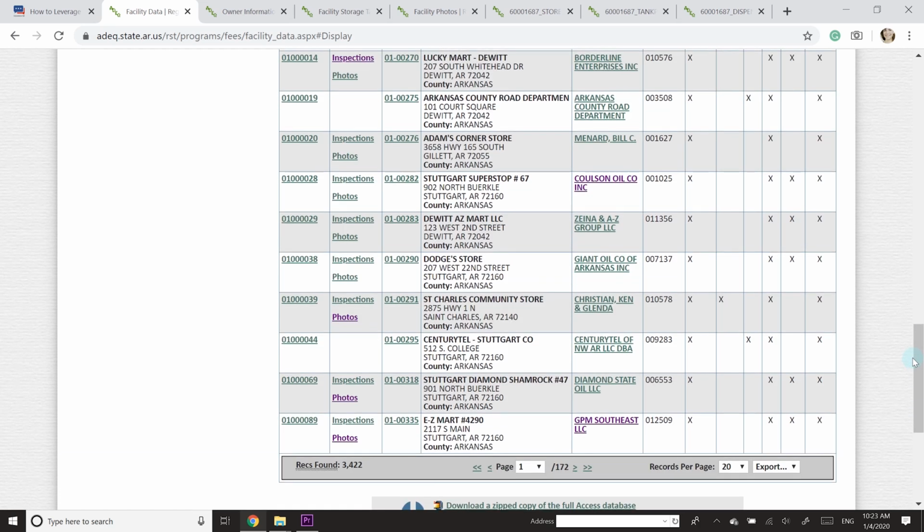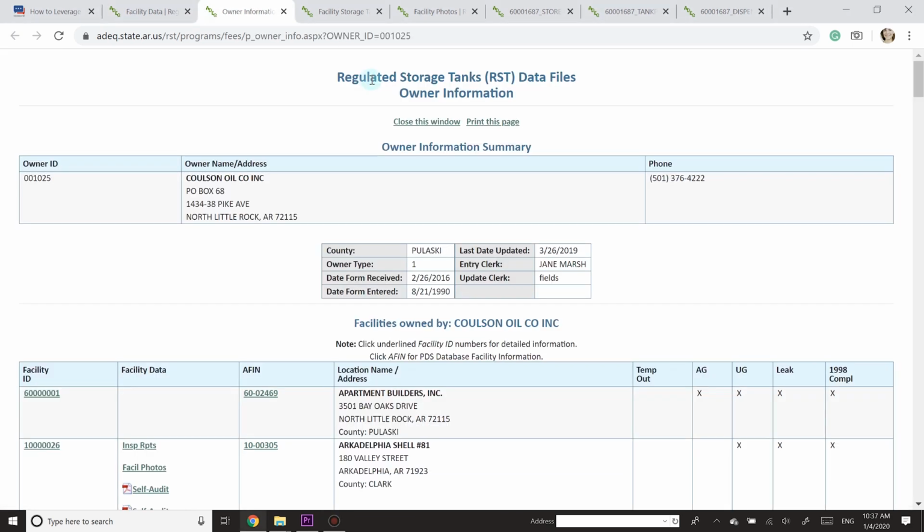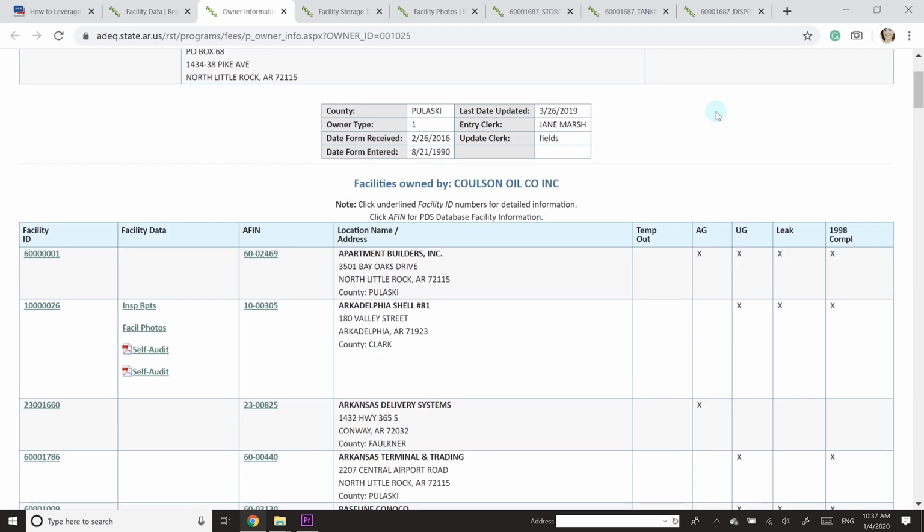So what I wanted to do is actually show you the additional reports that are pulled up, or the different views. And so I can actually filter at this point and just pull up all the facilities related to Coulson Oil. After pressing on Coulson Oil, it'll bring you to this page, which shows all the different facilities owned by Coulson. It'll also summarize whether or not it has an aboveground tank, an underground tank, a leak,